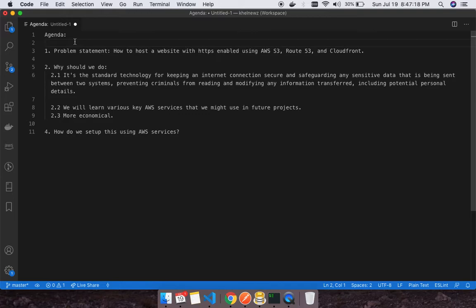So we can say that it adds an additional layer of check to ensure that a third person cannot read the information we are passing through that particular website.